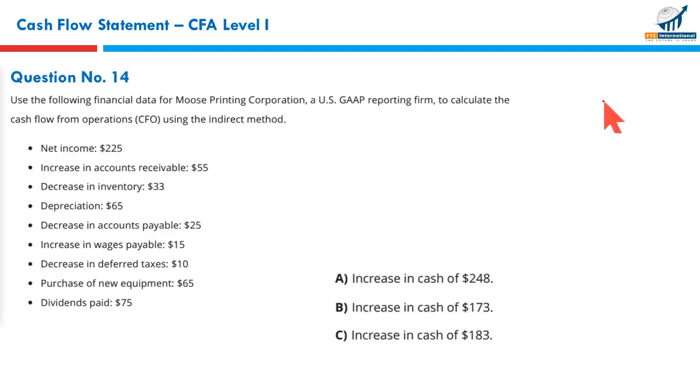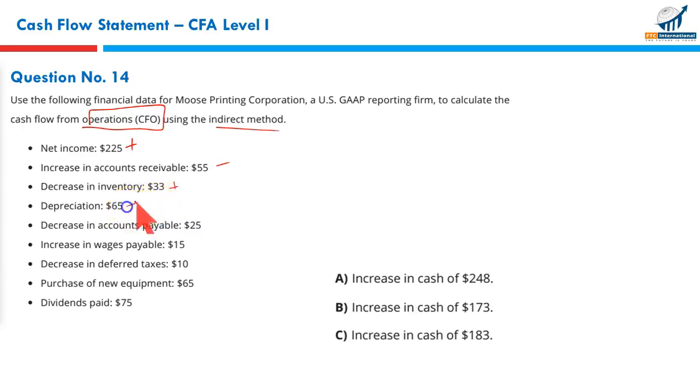Next, again, a big question. Just look what we need. We need cash flow from operating activities using indirect method. Cash flow from operating indirect means we should start from net income. Here we go. That's net income. Increase in account receivables. Increase in account receivable over the period means our customer didn't pay. When they don't pay, it's an outflow. Decrease in inventory, it means we have sold our stock, and this reduction in inventory means it's an inflow.